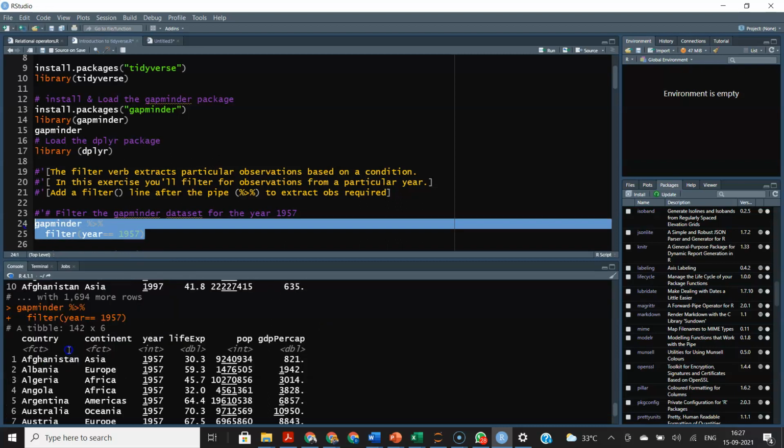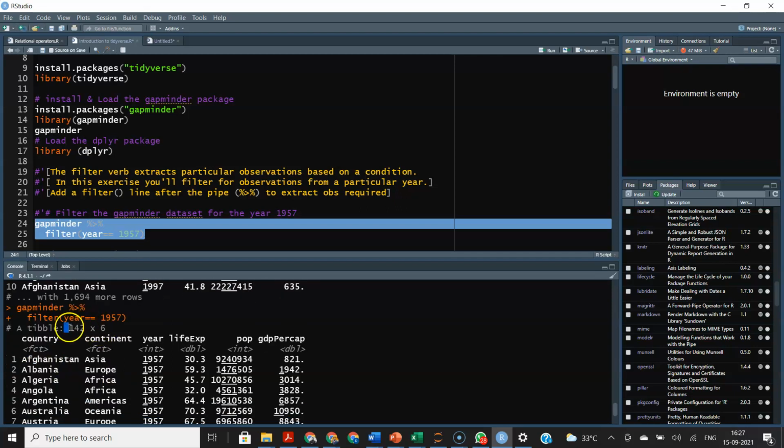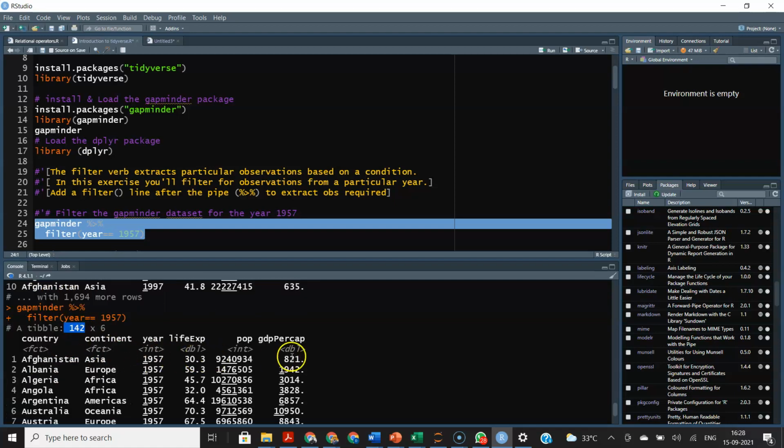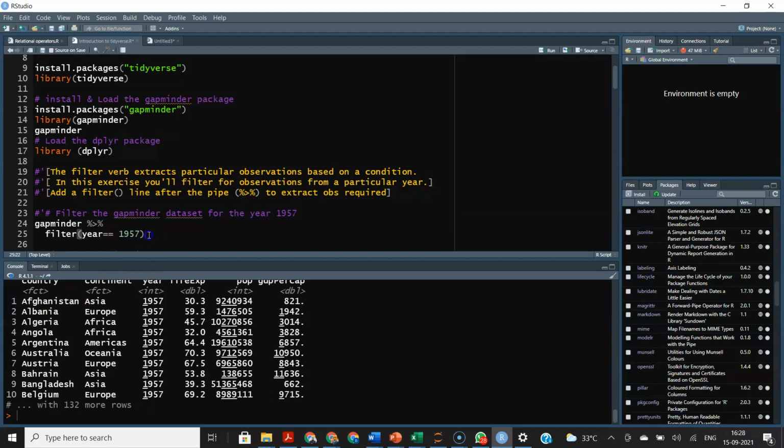Can you see initially your data was 1704 rows, but now it has converted into only 142 rows. But now what you know is you have 142 countries in this data set. So now with each country you now know कि अच्छा अफगानिस्तान का ये 1957 में सिचुएशन था, अल्बानिया का ये था, आई एम सरप्राइज्ड अल्बानिया यहाँ क्या कर रहा है, मे बी इट वाज स्टिल देयर, ठीक है, अल्जीरिया का था, देन अंगोला का था, ठीक है। तो ये सारे आपके अल्फाबेटिकल आपके पास सारे के सारे ये आ गए, समझ में आया गाइस।